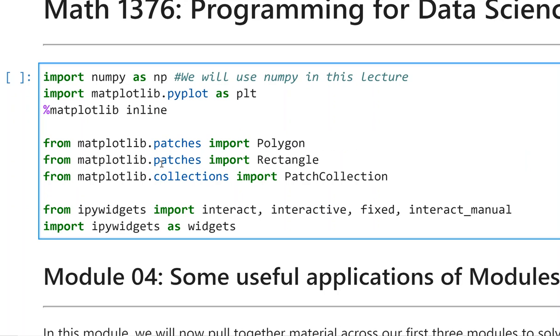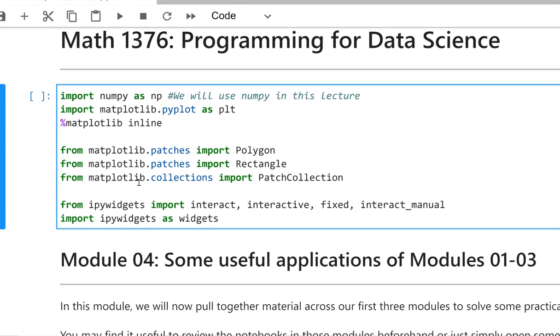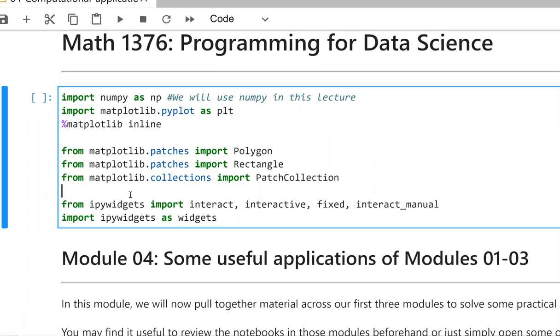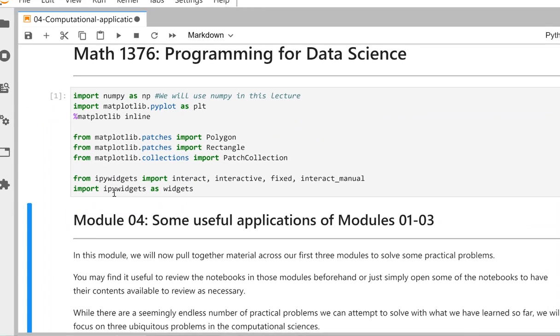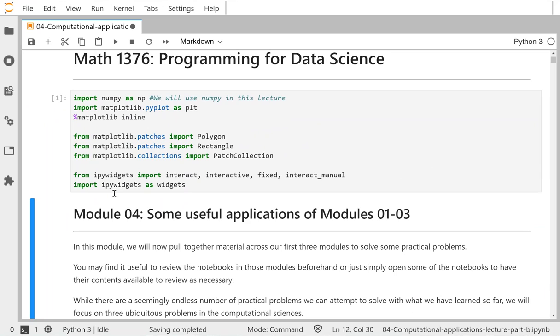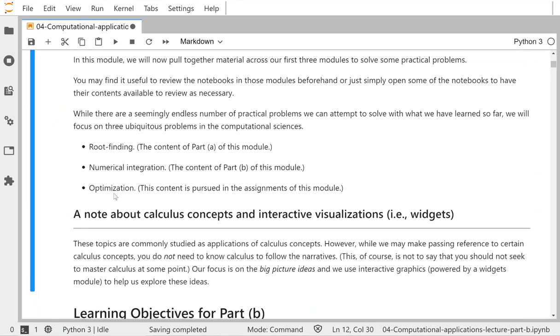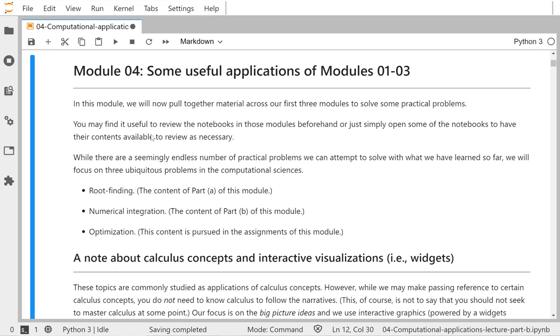matplotlib in order to annotate our plots, much like we used some arrows to create annotations in the root finding lecture notebook that was Part A of this fourth module. We will also use interactive widgets to help all of our visualizations, or quite a few of them, kind of come to life. So I won't go over this part as we've seen it before in the Part A notebook,